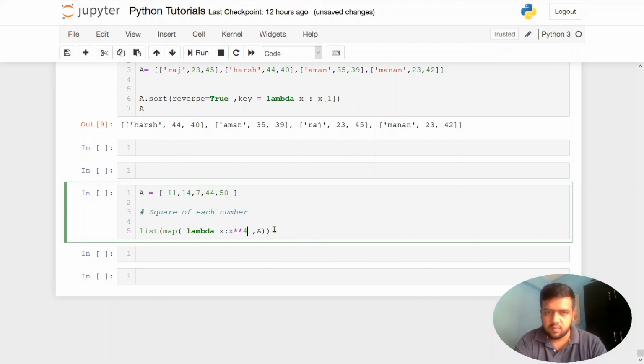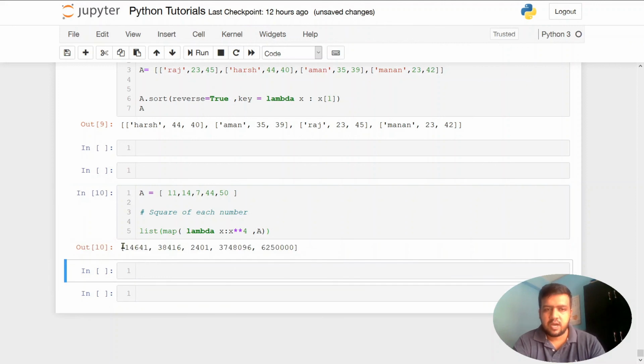What this line of code will do is map this function, lambda x to the power 4, to each value of this list A, and then I will get the results of each of the values' operation in the form of a list, because I am typecasting it using list. So now I will get the individual values to the power of 4.